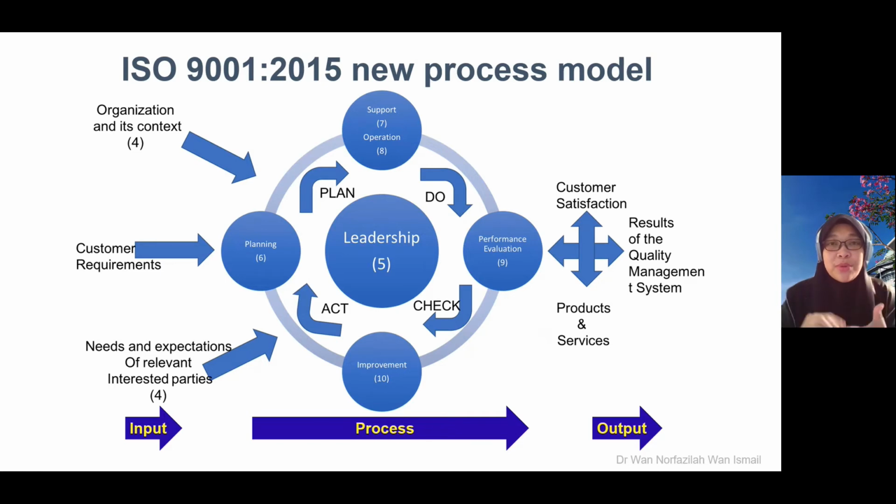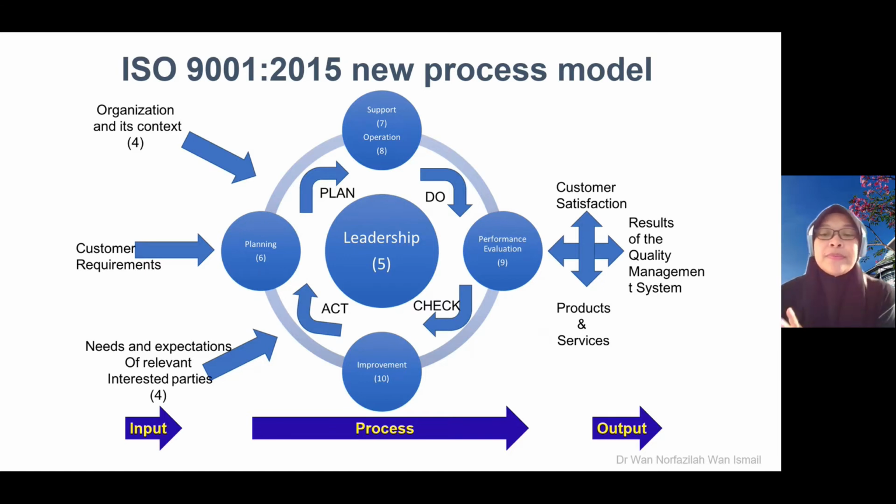Okay, sama juga macam you bangun tidur, dah ada jadual, ikutlah, kena ikut, do, buat. Check whether the schedule is very good already to achieve your life goal. Okay, check, and then if there is anything to improve, act, buat improvement. So this is the PDCA cycle, and each of the clauses in the ISO standard actually fulfills the PDCA cycle. We have planning, clause number 6, we have support clause 7, we have operation clause 8. Okay, that one is actually fulfilling the PDCA cycle.